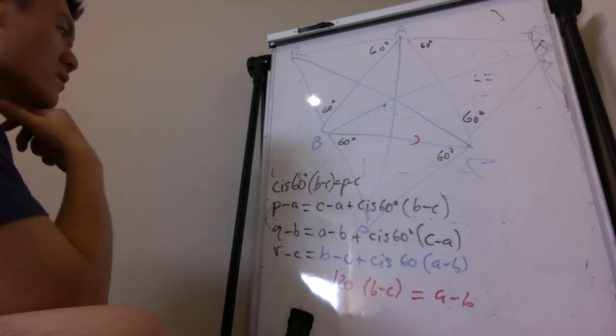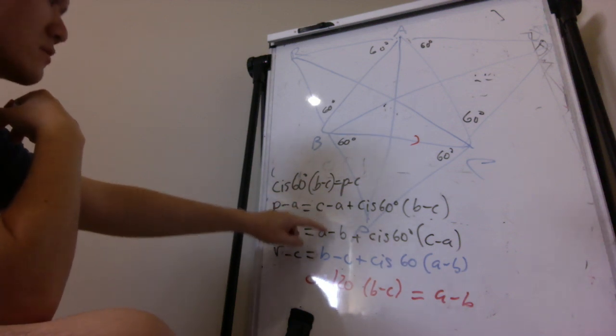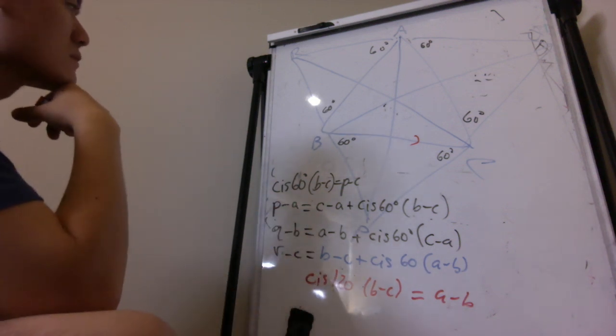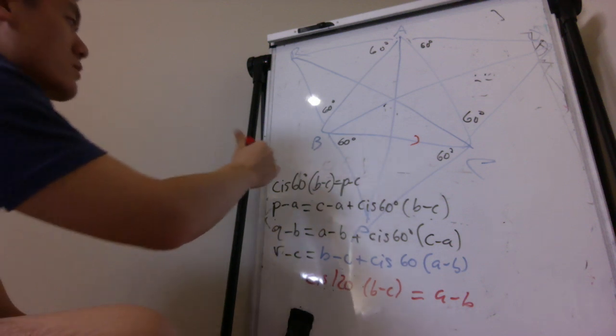So I'm actually saying what we did must be wrong, because B minus C is from C to B, right? You rotate anti-clockwise for 60 degrees. How does that give you P to C? No, that's correct. What? Is it? C to B, anti-clockwise is this 60. So are you saying